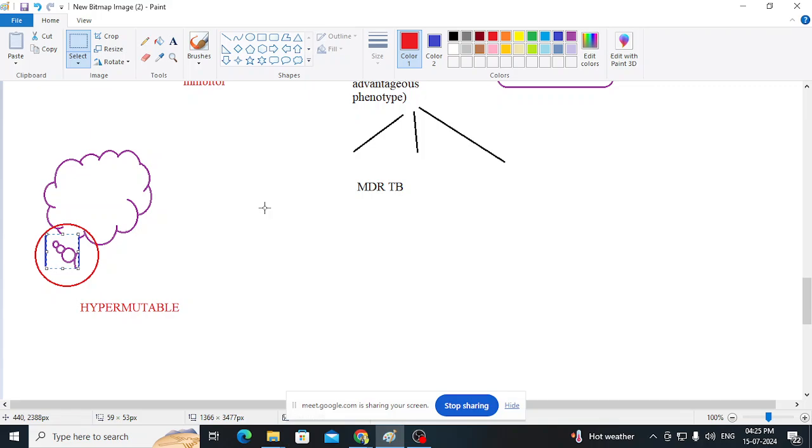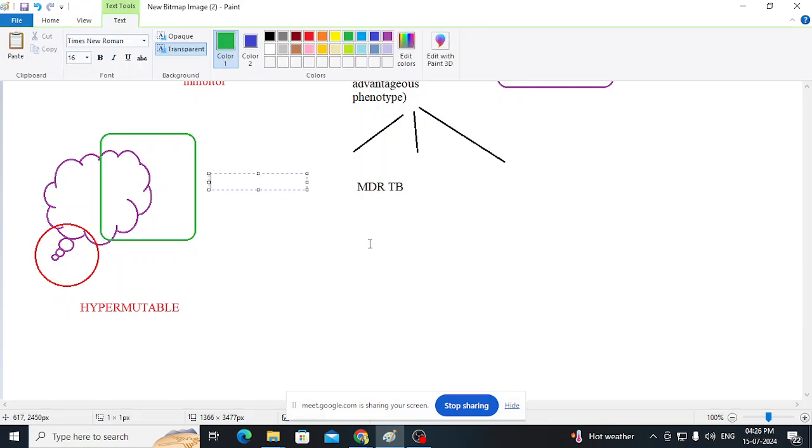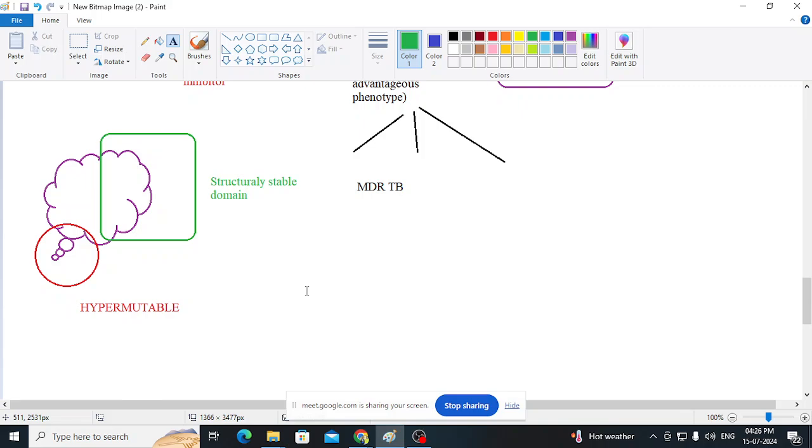So what happens? This domain is hypermutable. As you can see, it is changing every time. So we will not target this region. We will target that region which is not mutable, not randomly mutable, and very, very stable. Let us consider this a structurally stable domain. This domain cannot be changed very randomly. And therefore, if I design a drug around this domain, or a drug around that domain,